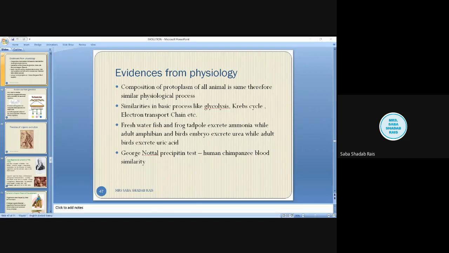In the early stage, it is excreting ammonia. In the later stage of development, in the embryological form only, in the egg only, they are excreting urea, and as they become adults after hatching out, they are excreting uric acid. So this is also showing one type of evolutionary linkage. Then